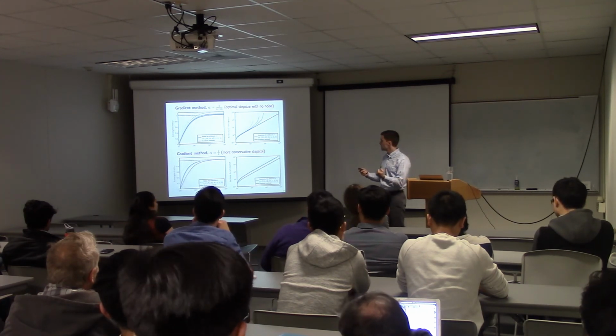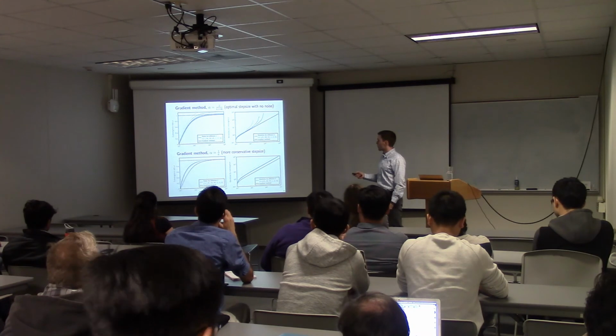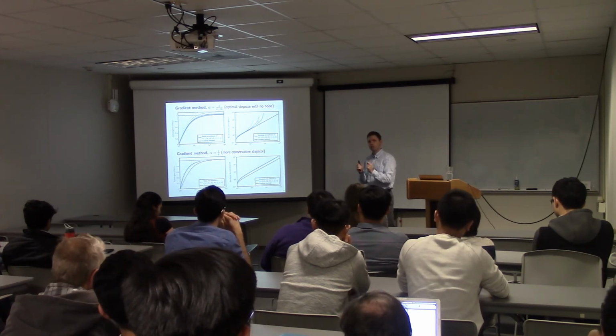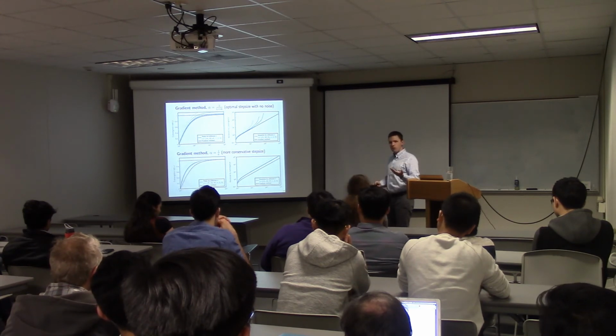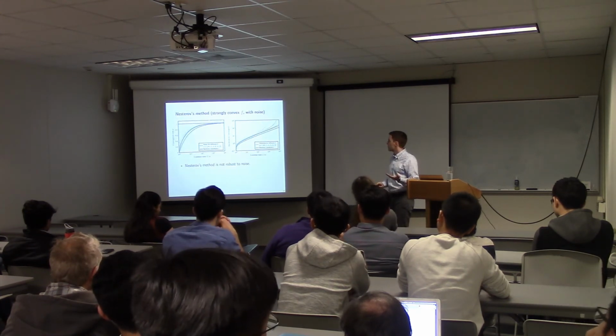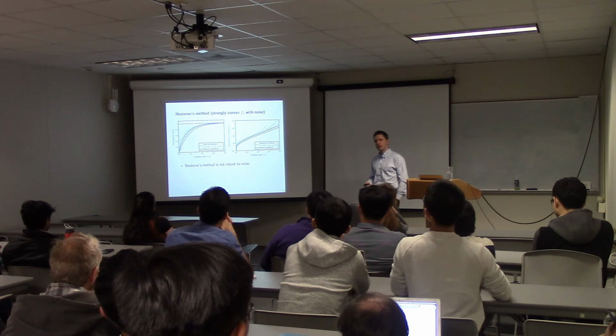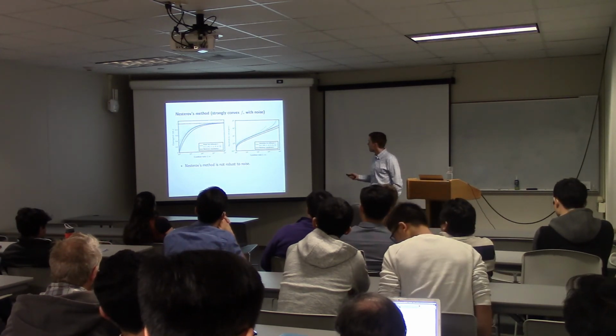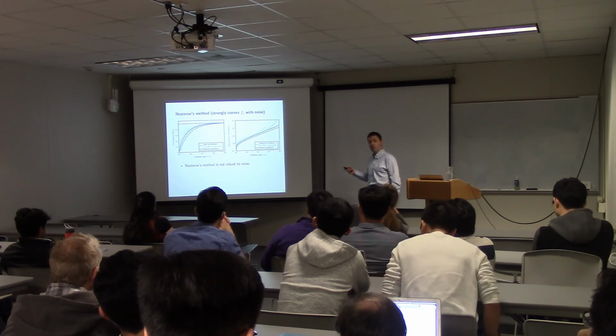All right? So although both of these are called the gradient method, really they have very different behavior when you look at how they respond to noise. Now, of course, we're going to do this with Nesterov's method as well to see how it performs. And it's actually also pretty fragile. It has a similar property to what we saw with the gradient method. But when there's no noise, it has a slope of a half instead of 1.